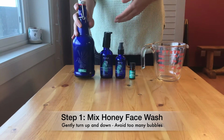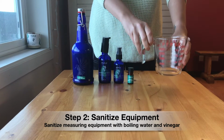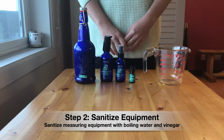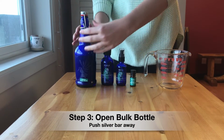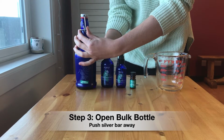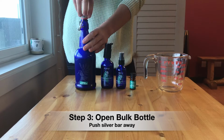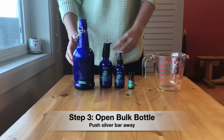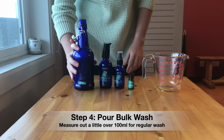The next step is to make sure that you have a measuring device that is clean and sanitized. We like to use boiling water and vinegar and then wipe it clean. Okay, so to open your bulk honey face wash, push the knobs away so the metal ring lifts up, and then pop it up. And then you're going to pour to about 100 mils or 50 mils depending on the